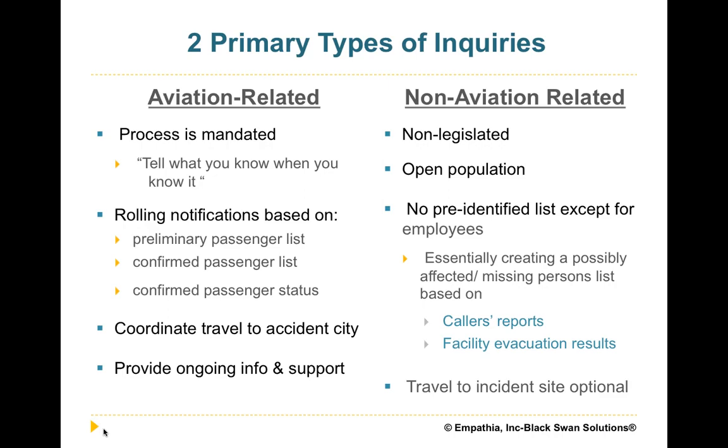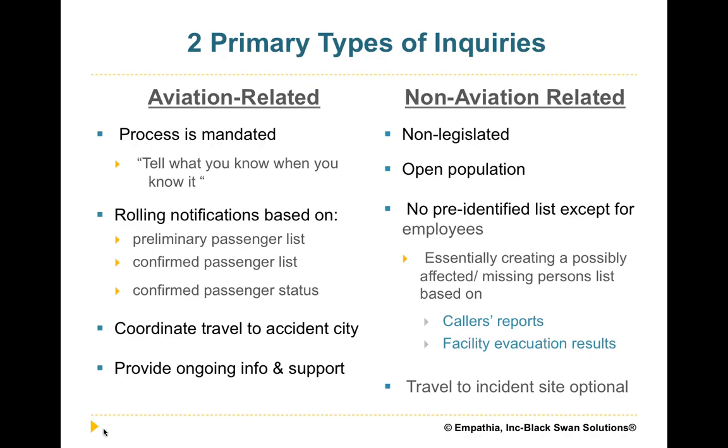For an aviation, or actually any kind of transportation disaster, we kind of are providing information and notifications on a rolling basis. First, we're basically telling someone that yes, your loved one held a reservation for this flight or this cruise ship. We then have confirmed that they actually boarded the flight. Just because you hold a reservation doesn't mean you actually got on board. And then finally, that notification process culminates with letting them know what has happened to their loved one.